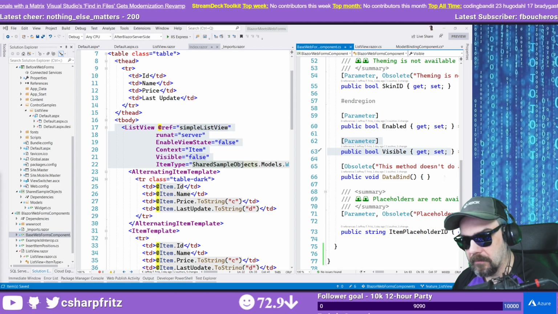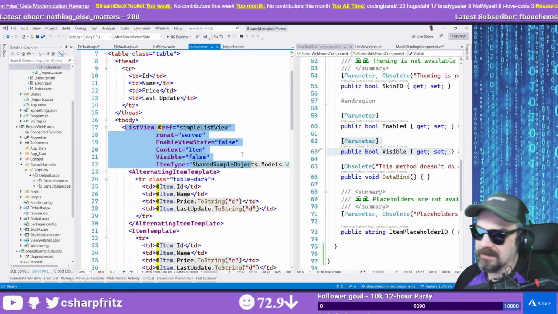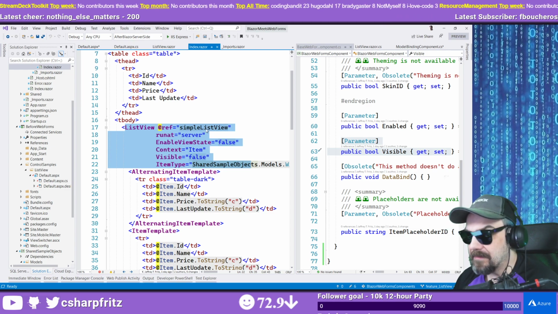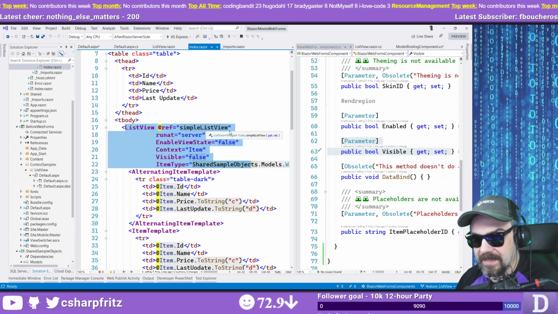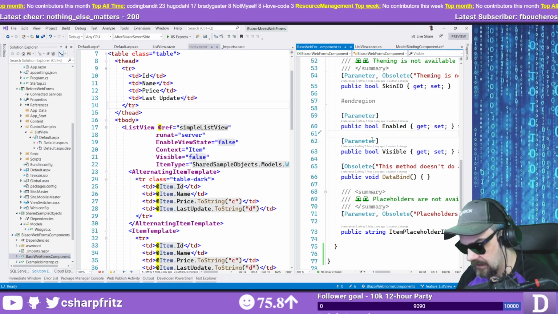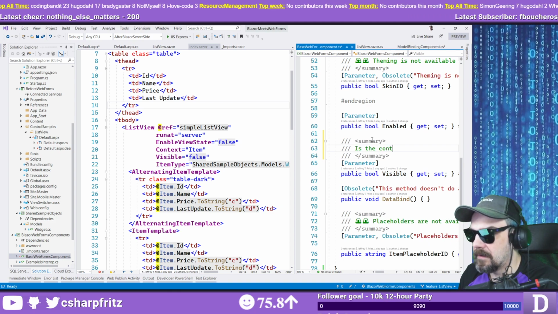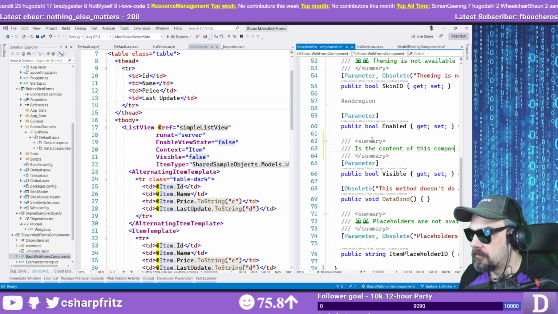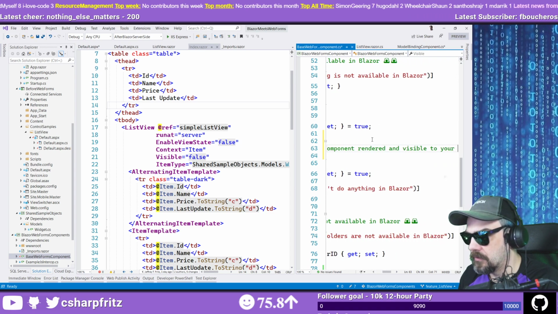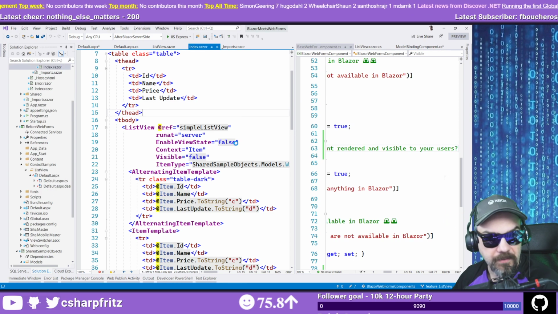from Markdown here, right? It makes this list view directive, right? It's a component in Blazor, but other folks in other frameworks call it a directive. It makes that visible as something that we can interact with by adding the parameter up here. And I can put comments with it also. Is the content of this component rendered and visible to your users? And if I rebuild,